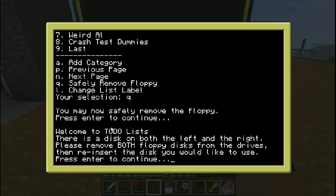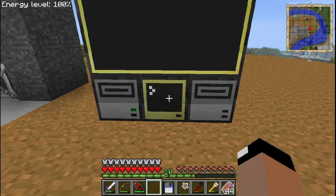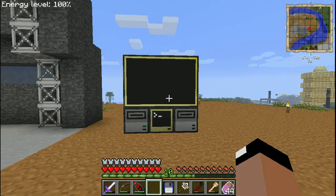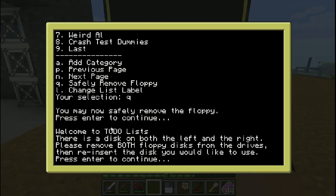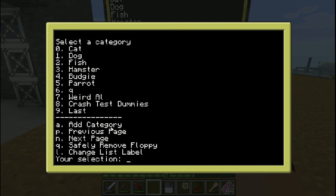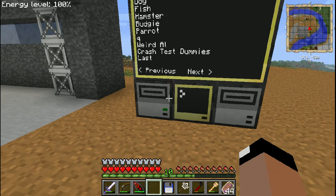And the reason it does that is because all the files are stored on the floppy disks in this program, and I'll explain why later. But I couldn't determine which floppy I was going to be reading files from if there were floppies on both sides, and it doesn't always refresh properly, I noticed, if you just take one out. So I said just take them both out and then reinsert the one you want to use. So now if I press enter to continue, it loops around again and actually enters the bulk of the program,